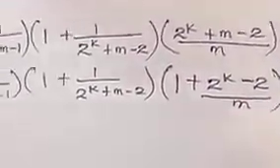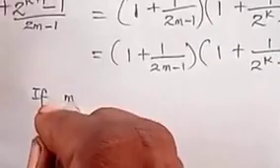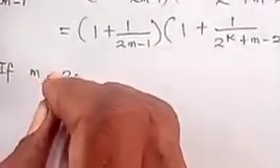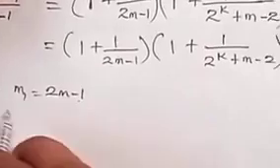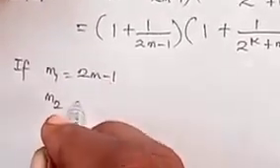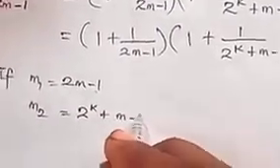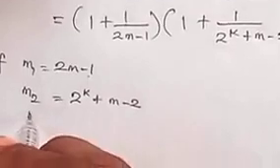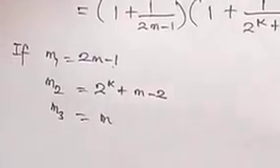So this one continues like that. So we can say that if m1 is equal to 2m minus 1, if we take m1 to be this and m2 to be 2k plus m minus 2 and m3 to be m, we can continue like that. This is a continuous